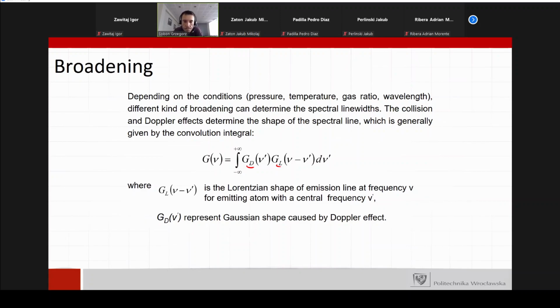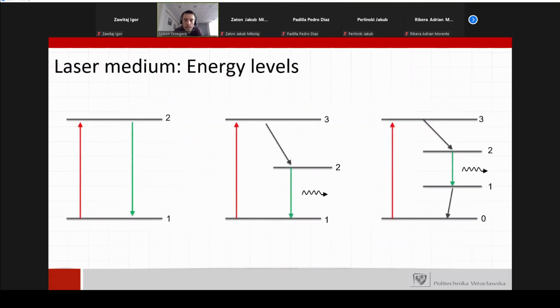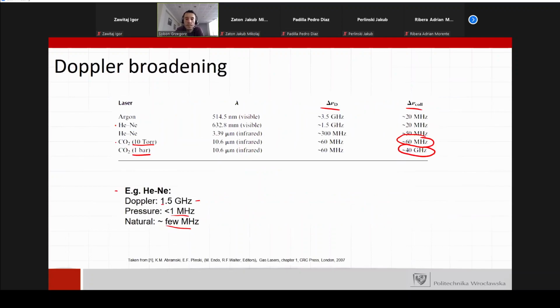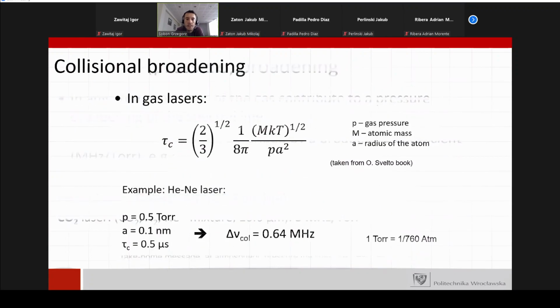Okay. And each of these collisional mechanisms will contribute in its own way. But the conclusion from that is that we have these three effects, and as I said